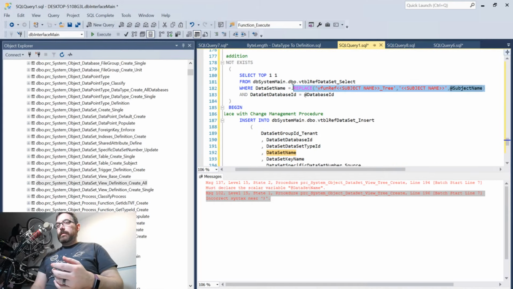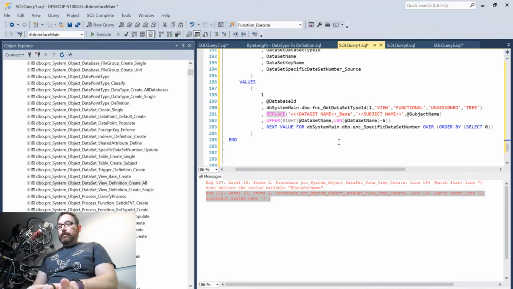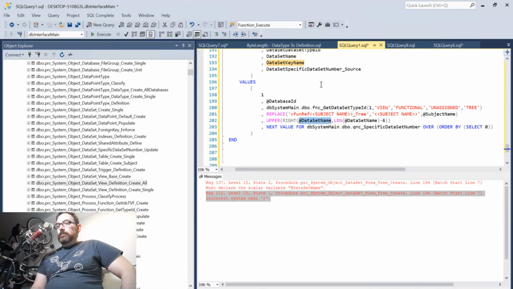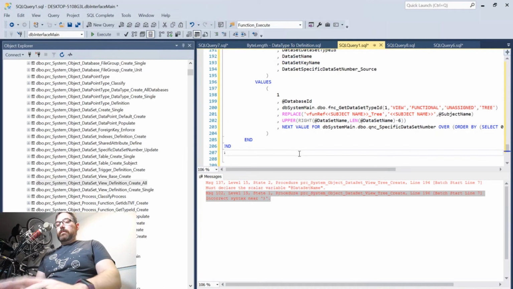Actually, it's going to be this. And the key name is going to be this also. Length -6. So that's the dataset name. If the dataset name was tbl ref, actually the tree name. So